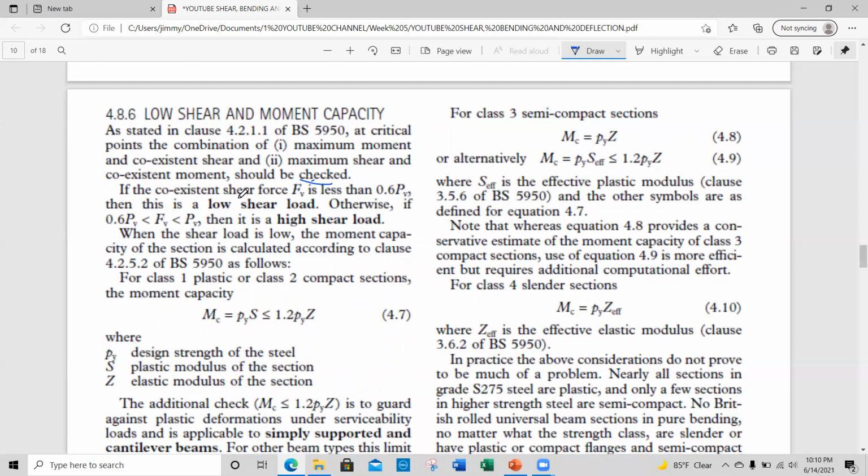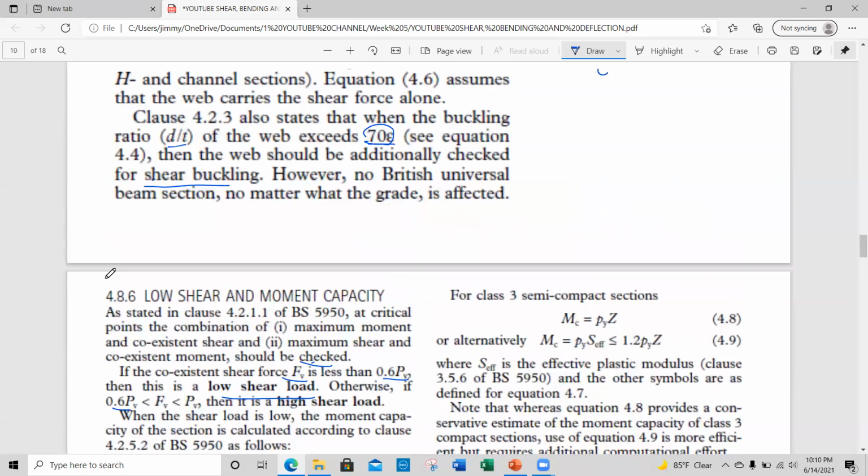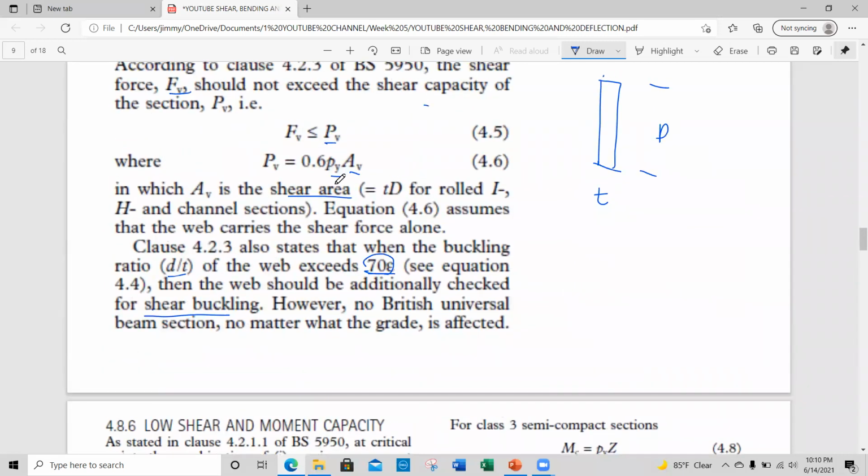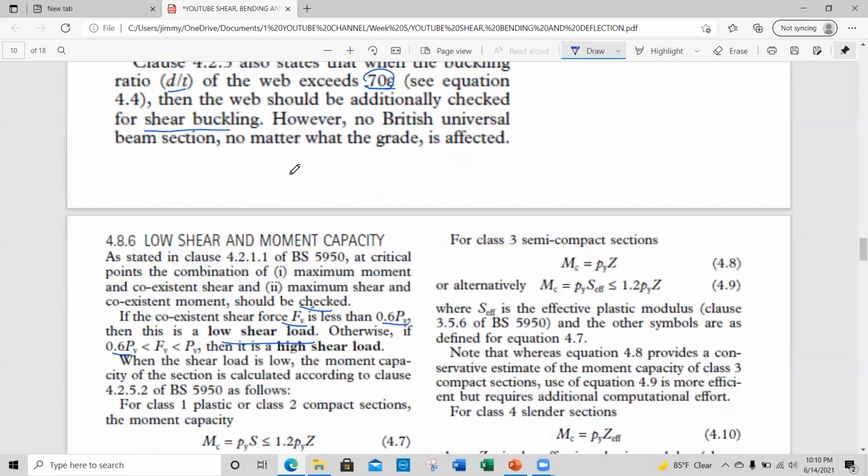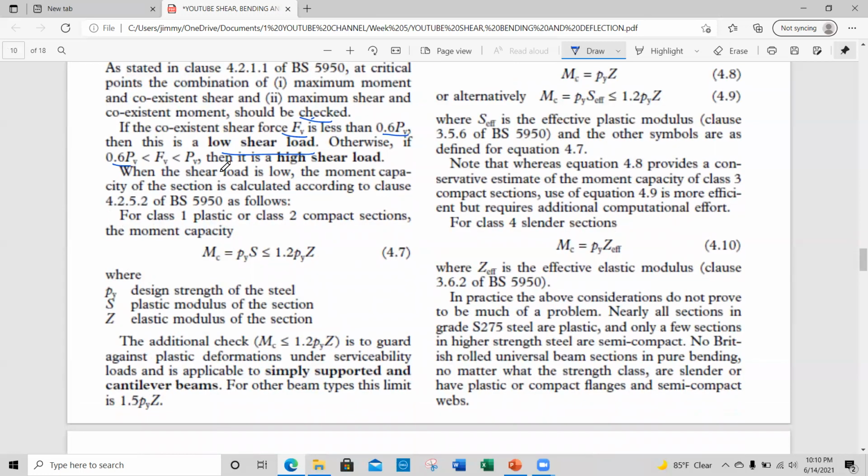If the coexistent shear FV is less than 0.6 PV, then this is low shear load. Take note of this one. Otherwise, if it's greater than 0.6 or 60% of the PV, but less than PV, then it is high shear load. When the shear load is low, the moment capacity of the section is calculated according to